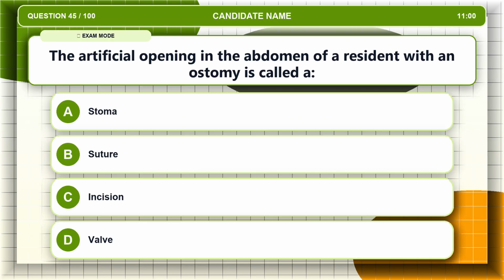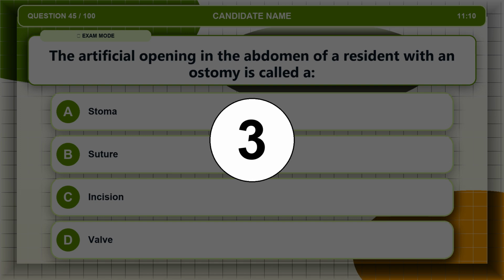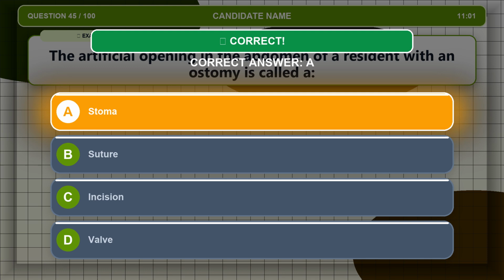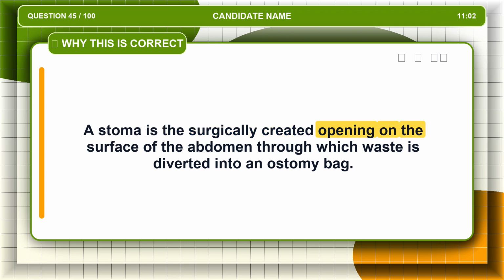Question 45. The artificial opening in the abdomen of a resident with an ostomy is called a: Option A, stoma. Option B, suture. Option C, incision. Option D, valve. The correct answer is option A, stoma. A stoma is the surgically created opening on the surface of the abdomen through which waste is diverted into an